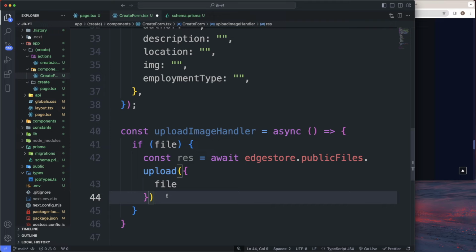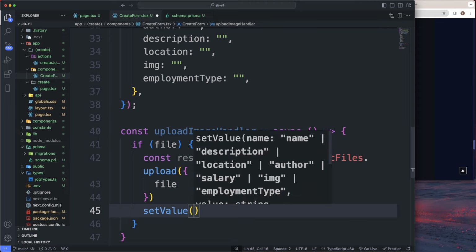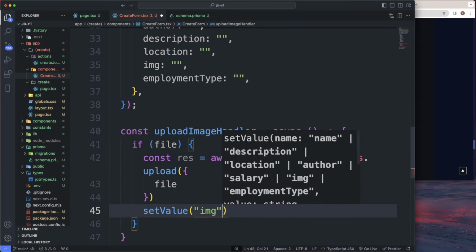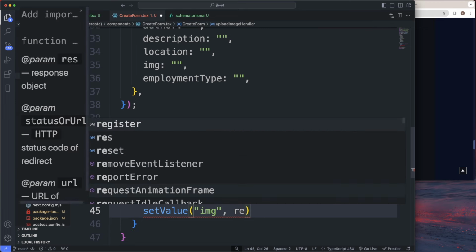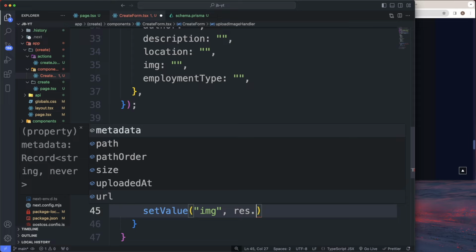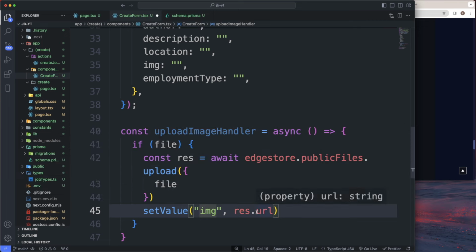All right, but we also want to set value of image to our res. So once you click a dot here, you should get access to some stuff. So res.path, .size, .upload, .url. So that's what we want. So we're setting our value of image to res.url. So now that I think about it,